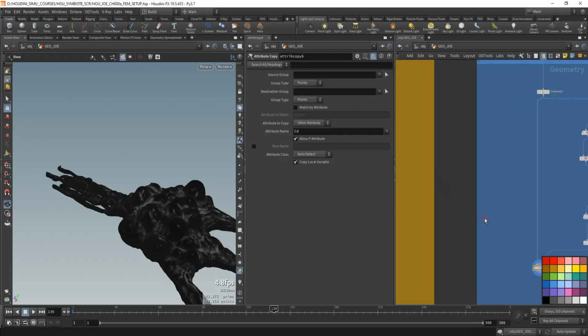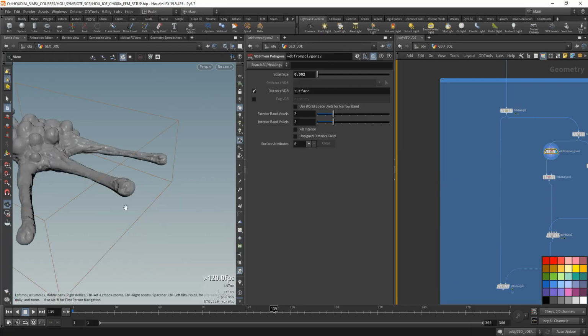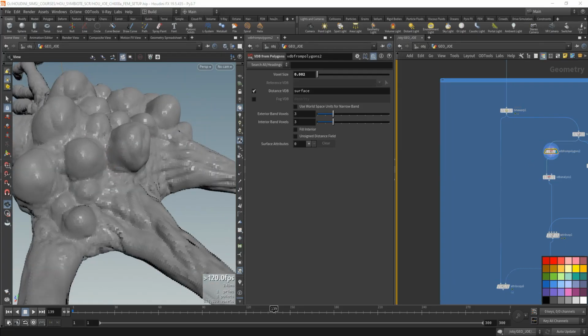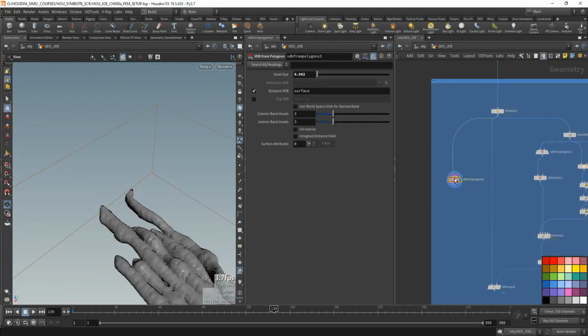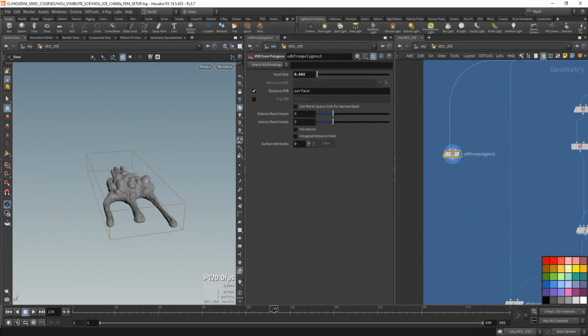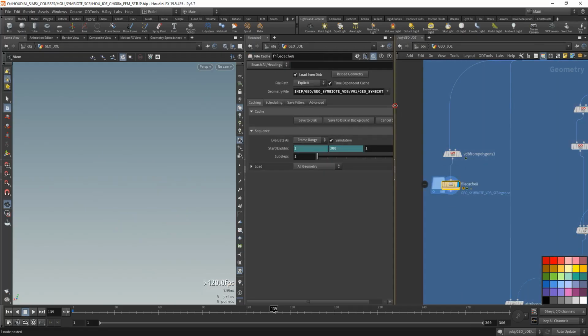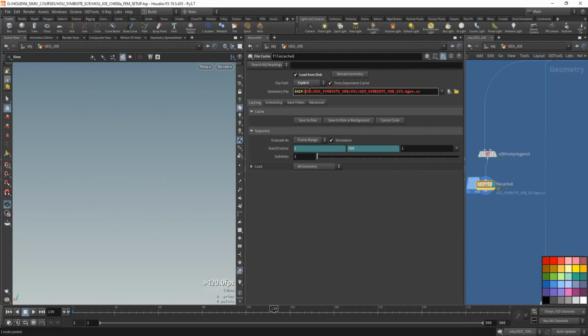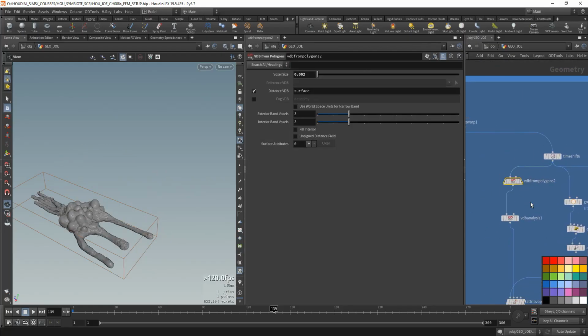Let's also prepare the VDB from polygons. Let's copy actually this guy. We'll probably use this. You know what? We'll just shift drag this guy, and make a VDB. I'm gonna save it as a file with a file cache. I already created this file cache in the geo. Let's call it geocached. We're gonna save it as a sequence, and the difference between this and the other VDB where we calculated the curvature is going to be that